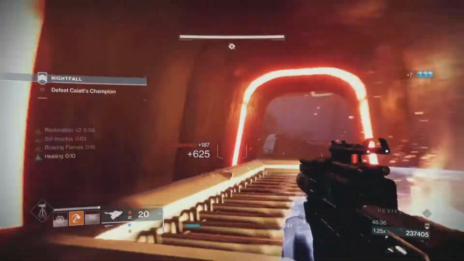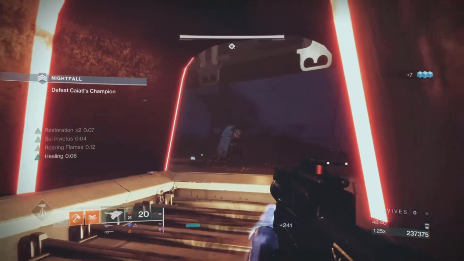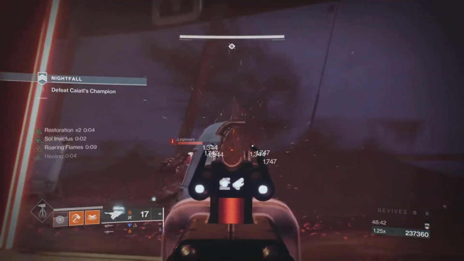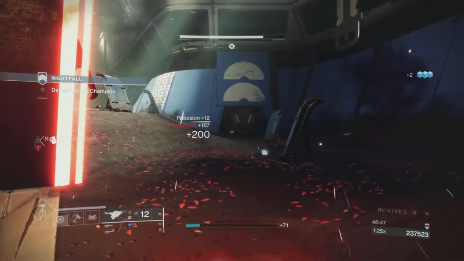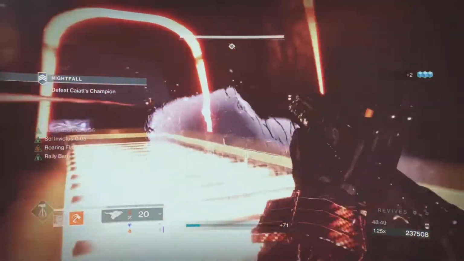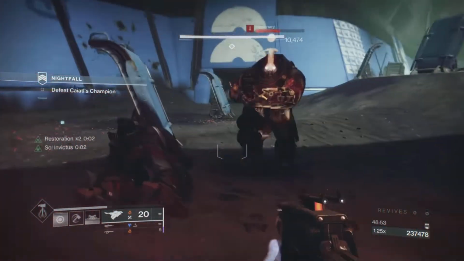So the safest place for me is just sticking by the oven here. I run from one side to the other, after clearing the ads of course, taking pot shots at the boss. It's pretty cheap, it's super boring to watch, but just to give you a couple examples here, I'm gonna kill this final ad,